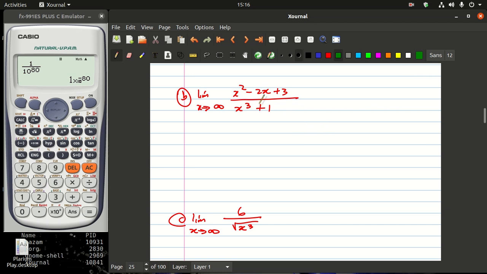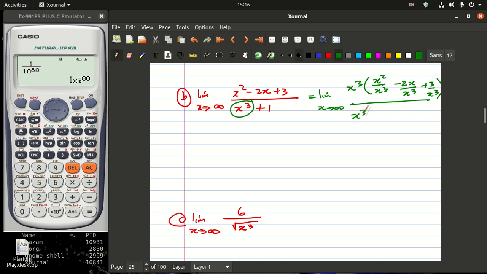Let's look into this one here. You can see that this whole thing here is a polynomial and this one is a polynomial. So this whole function is actually a rational function. The highest power in the denominator is x cube. So this is going to be the same as the limit as x approaches infinity. And then I'm going to factorize x cube in the numerator. What will remain is x squared divided by x cube, minus 2x divided by x cube, plus 3 divided by x cube, all over